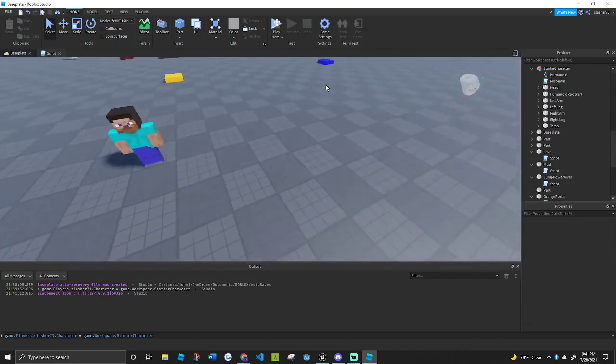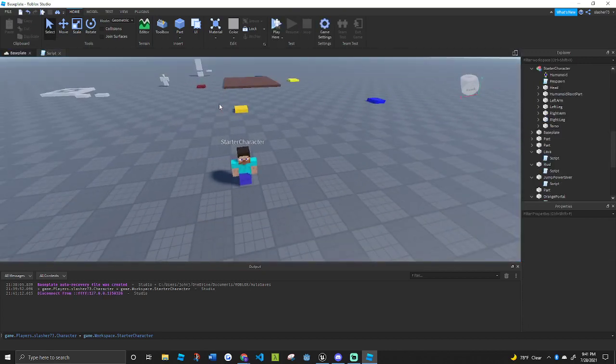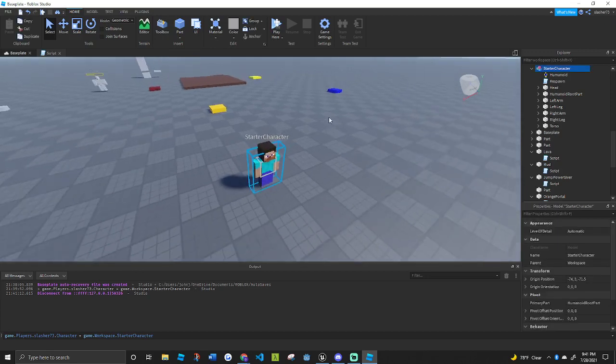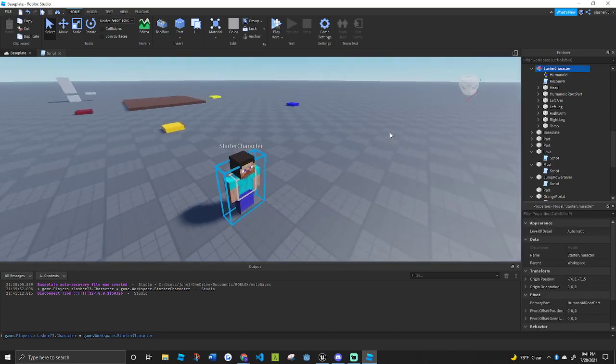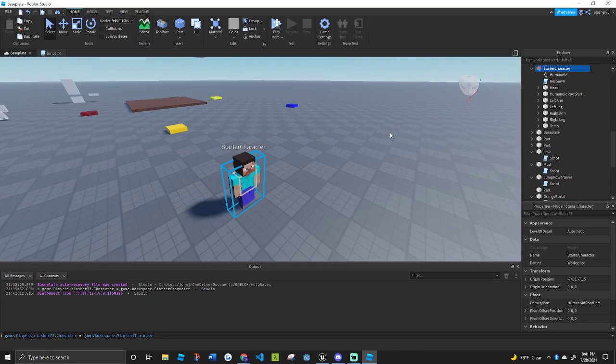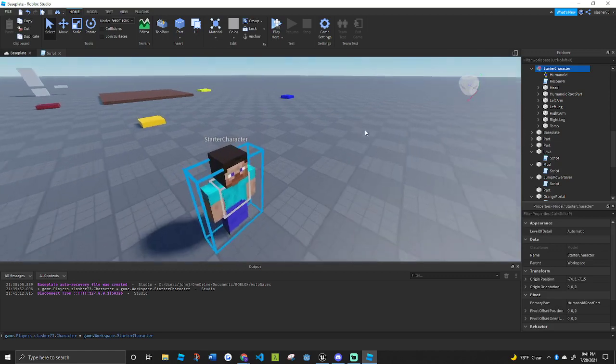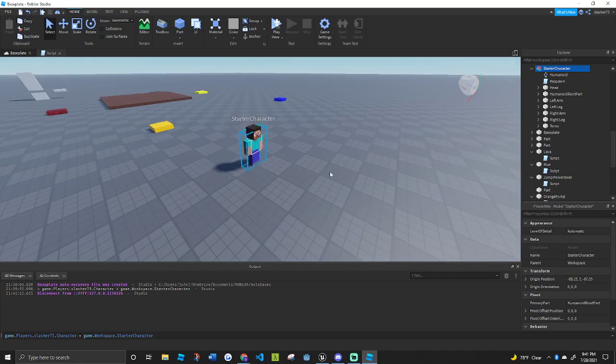One important thing to note here is the reason I had to reassign the camera is when you change your character to a character that's in workspace, the camera does not switch automatically. What I should have done instead,